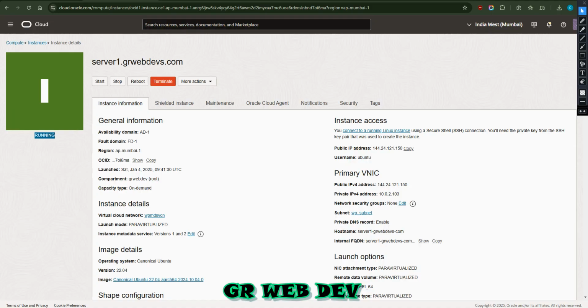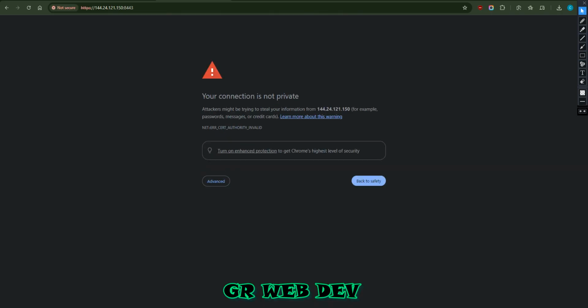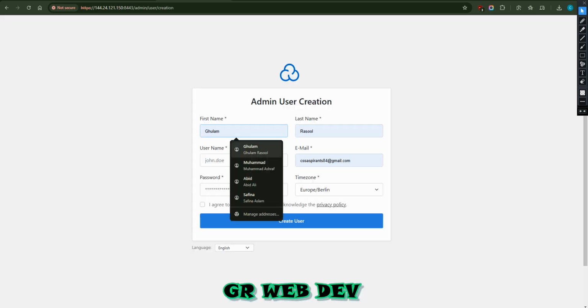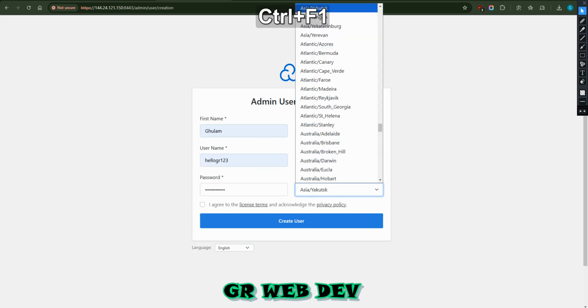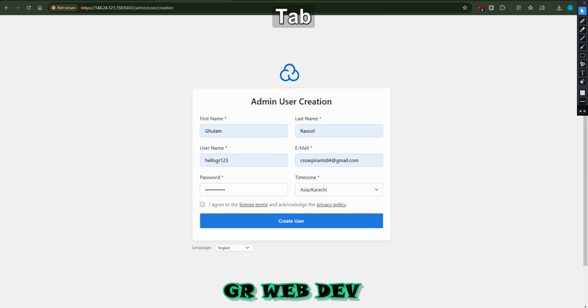Okay, running, refresh. Okay, it's showing an SSL error. That is not good, but click proceed. Now enter your admin account details like this one, and enter your password, any password you want to set, and choose your time zone, like mine is Karachi. Okay, now click agree and click create user, and remember this username and password to log in,